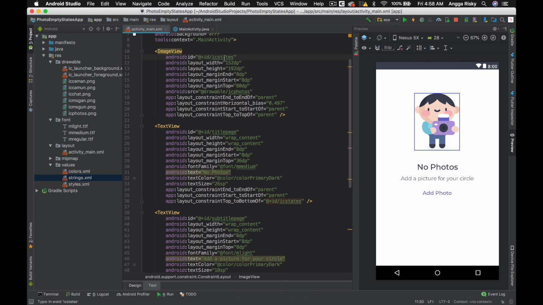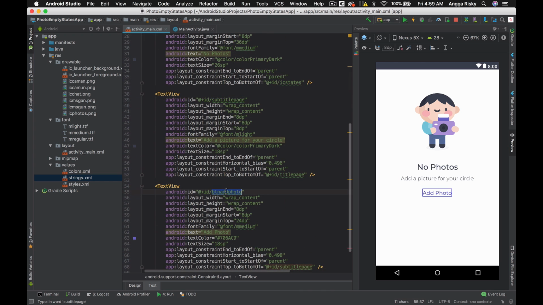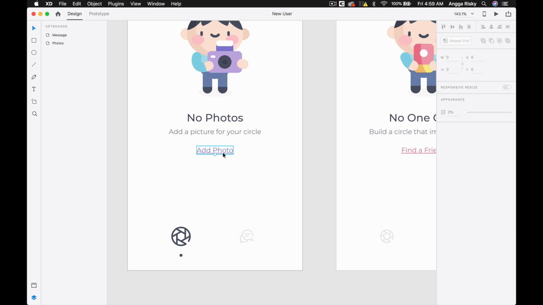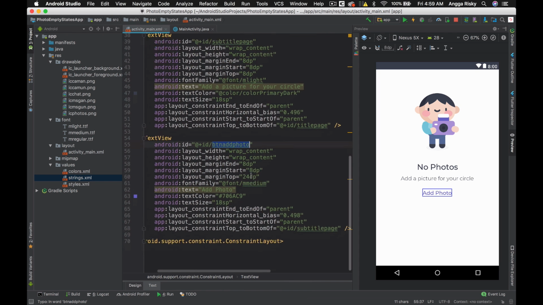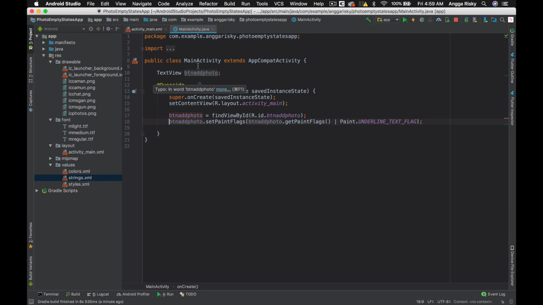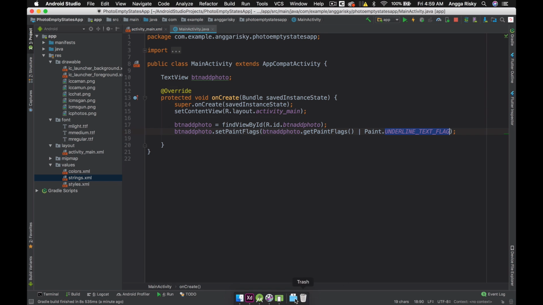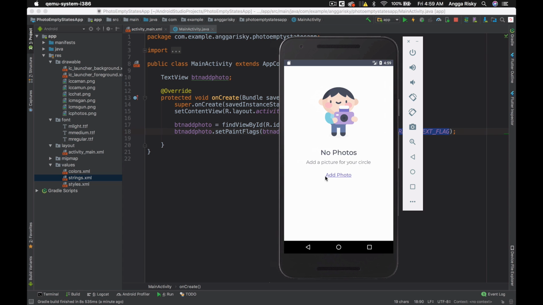Okay, and then do not forget to give the IDs like these IDs, because we need them to start the animation later on. And if you see in the design, there is the underline, but over here you don't see any underline. It is because we have to set it up from Java like this. Okay, underline. So this is our progress. Wow, looks amazing, right?